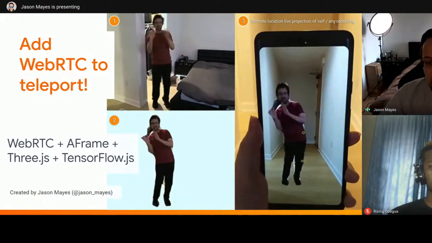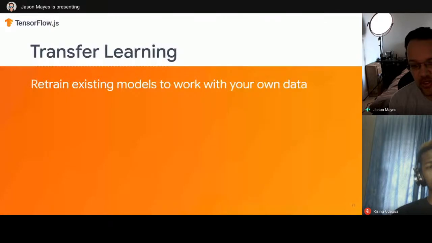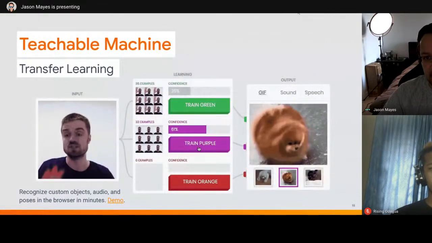So the second way we can use TensorFlow.js is by transfer learning. So once you've used our pre-trained models and got comfortable with how to use them, then you probably want to go and use it on your own data. Now, if you are experienced in machine learning, maybe from Python or other things, you can, of course, transfer that knowledge to write things in code if you want to do so. However, today I'm going to concentrate on some easier ways to do this in case you want to just experiment for fun initially. And the first thing I want to show you is something called Teachable Machine.